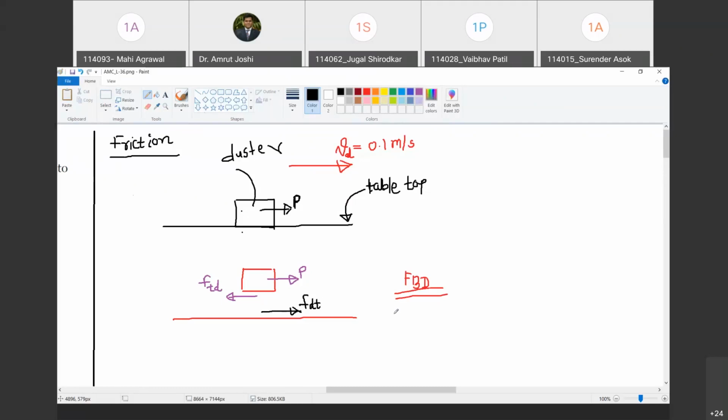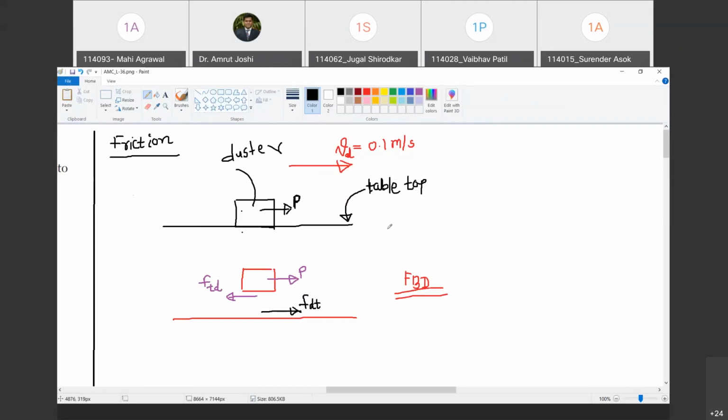Yes, sir. Now if you say that the frictional force is opposite to the direction of motion, it does not work. Why? Because in this pair, one force will be in the opposite direction and one force will be in the other direction. Are you with me? Yes, sir. So we have to be very specific while asking a question. I am going to ask you: what is the direction of frictional force on the duster? Or what is the direction of frictional force on the tabletop? Are you with me? Yes, sir.